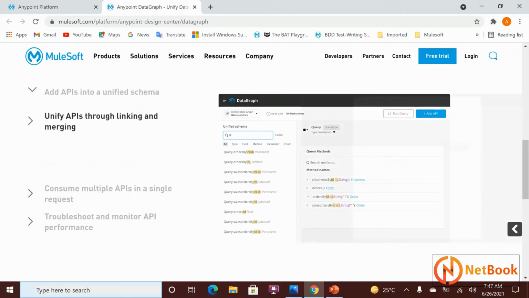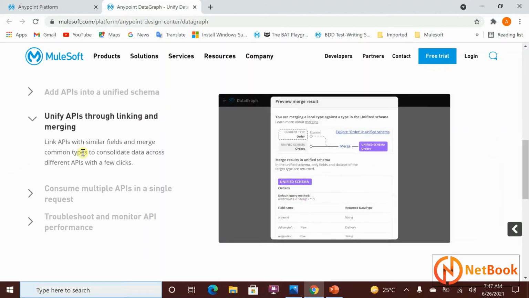Now, you might have similar objects within multiple APIs. Those objects can be linked or merged, whichever you want to do. If they are similar fields, you can link them, and if they are the same fields, you can merge those objects. Example, I have a customer object, within that I have an address data type. I have an order API, within that I have a billing address, which are similar or maybe the same. Either you can link or merge those objects. That is what it is.